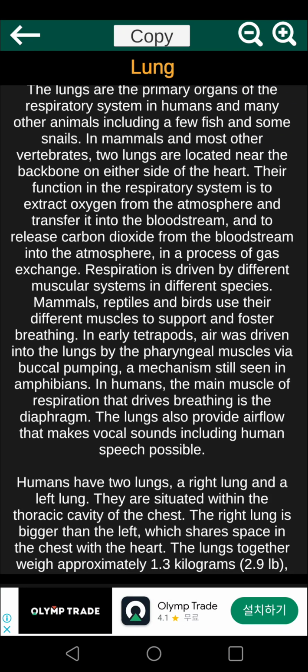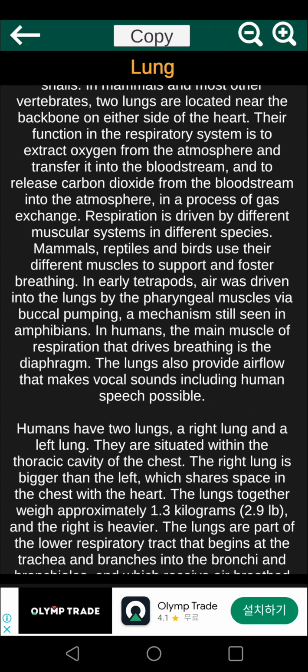The lungs are the primary organs of the respiratory system in humans and many other animals, including a few fish and some snails. In mammals and most other vertebrates, two lungs are located near the backbone and on either side of the heart. Their function in the respiratory system is to extract oxygen from the atmosphere and transfer it into the bloodstream, and